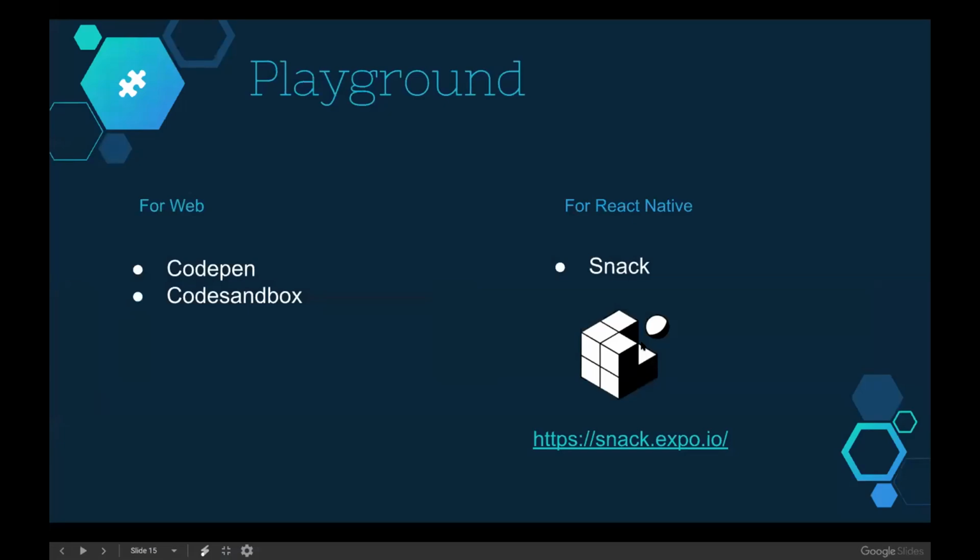And Playground. So on web, you might have used tools like CodePen or CodeSandbox, where you want to play around with something, or prototype something very quickly. You don't have to install any packages. If you want to quickly dive into coding and do something, you can make use of CodePen or CodeSandbox. Similarly, on React Native, we have a tool called Snack, built by Expo. It provides a user interface similar to CodeSandbox, and works similarly. You can install packages, and you get the output of how it would look on an Android device, an iOS device, or the web, right on the screen.